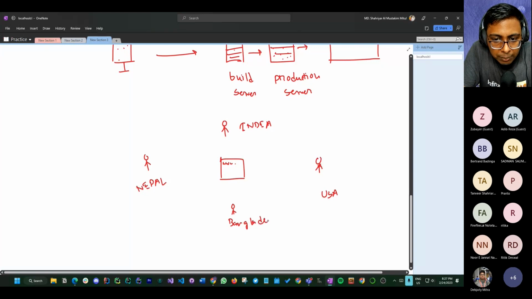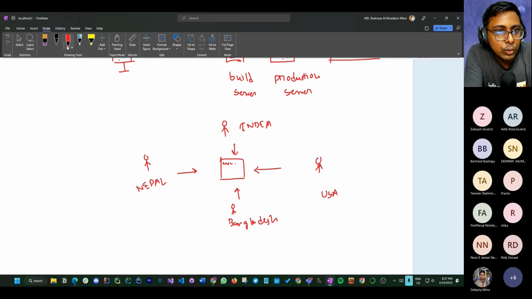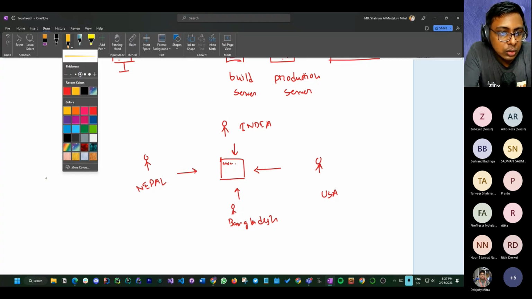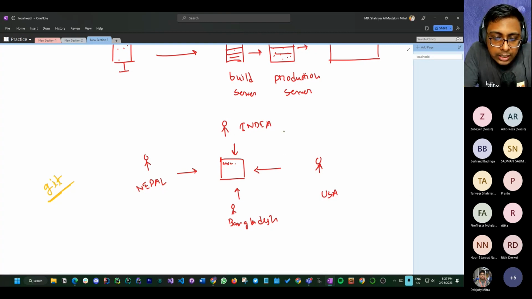So here, while working with multiple people, you have to use some sort of version control system, and this is where we get to use Git. Because when it is night in India, it might be morning elsewhere, right?